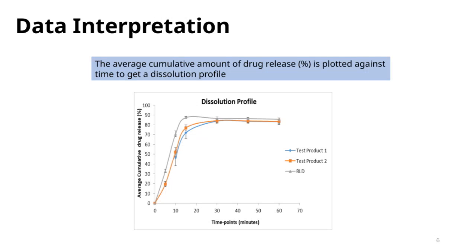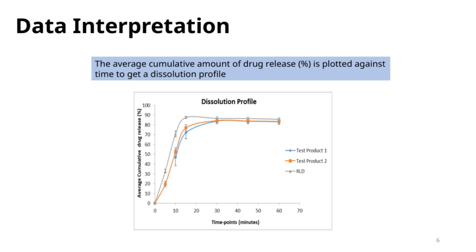Now, in this slide, we're looking at how we interpret dissolution data. Specifically, we plot the average cumulative amount of drug released, expressed as a percentage against time. This creates what we call a dissolution profile. The key idea here is that this profile helps us understand how quickly and efficiently a drug dissolves over a